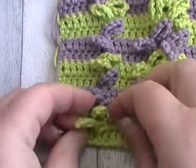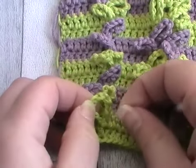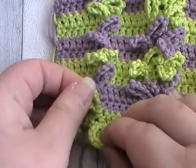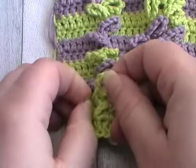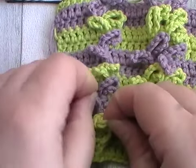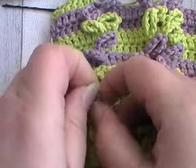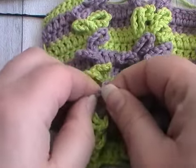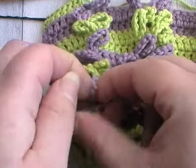Okay, so to create our ladder, get a loop and you're going to twist around once. It doesn't matter if you twist left or right, just make sure you do it the same way for all of them. And then just pull the top one through the bottom one. So twist, and then pull the next one through, and twist, pull the top one through the bottom, and twist,